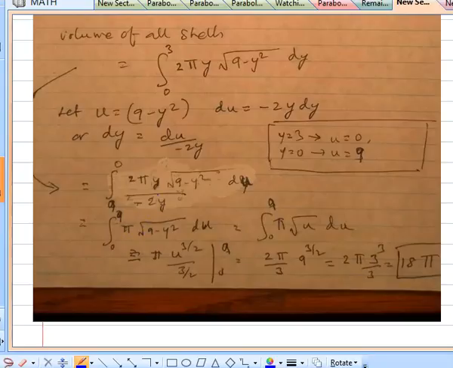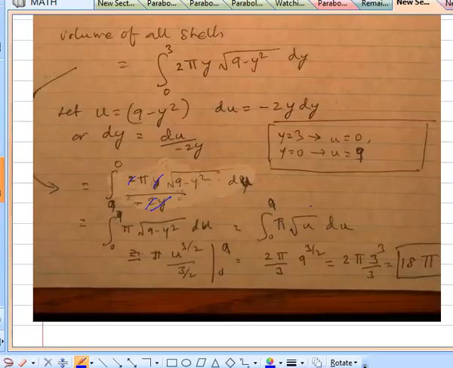So this 2y, y gets cancelled, 2 gets cancelled, and because of the sign change we change these limits, and you have pi times square root of u du. So that's equal to the integral from 0 to 9 of pi times square root of u du, which is equal to pi times